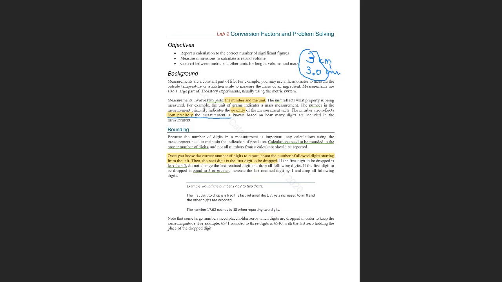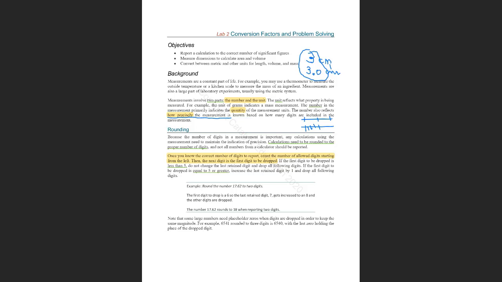It indicates that the ruler I used to measure the 3.0 has more divisions, and is more precise than maybe another ruler that has fewer divisions. So the number indicates two things: how precise the measurement is and the quantity of the measurement. Another important thing before we go into how to calculate and how to round